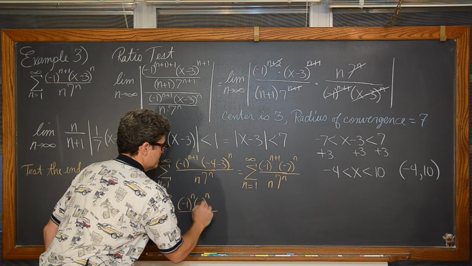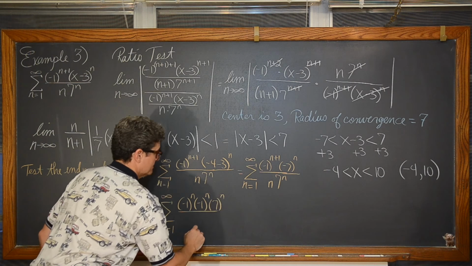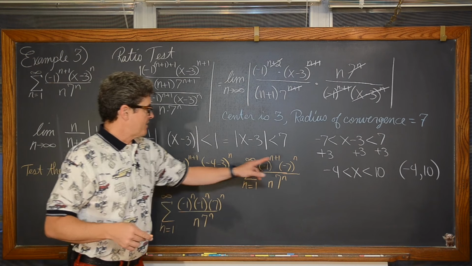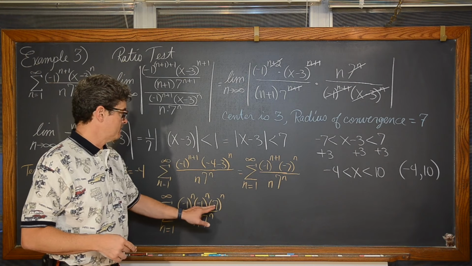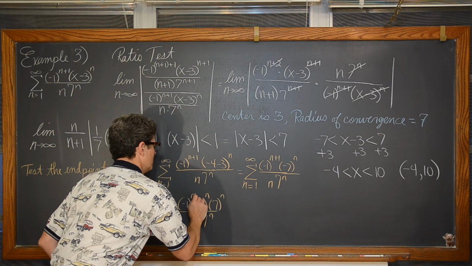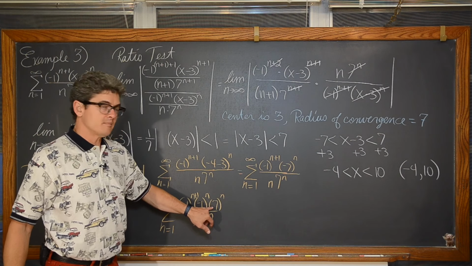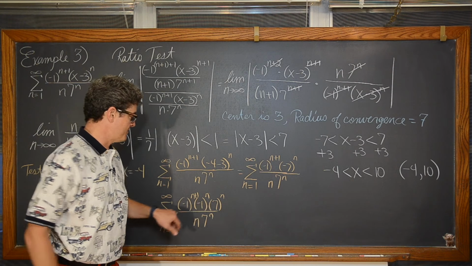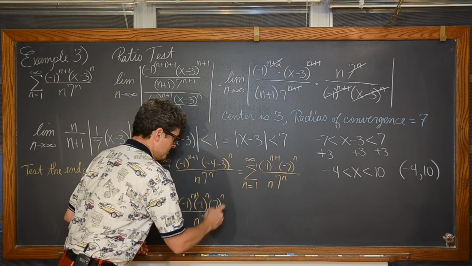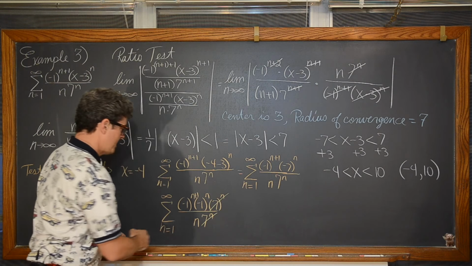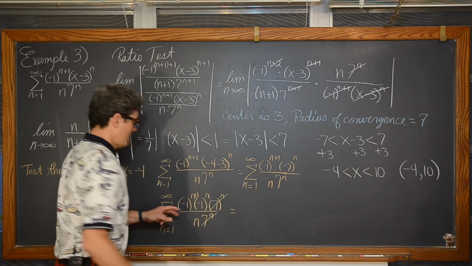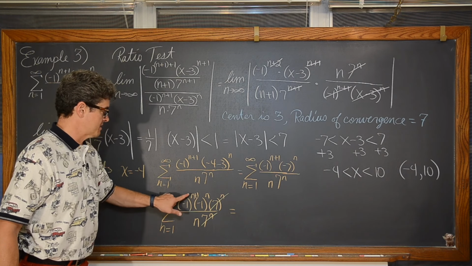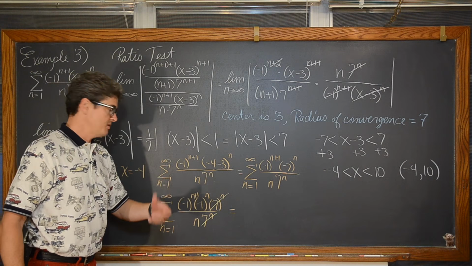So we have (-1)^n times 7^n over n times 7^n. Well, check this out. Now, if I rewrite that 7 as negative 1 times 7, and I forgot the plus 1 here, then the 7^n over 7^n, these are all factors. Those common factors will cancel out. We have a multiplication of like bases, and when you multiply like bases, you get to add those exponents, and n plus n is 2n.